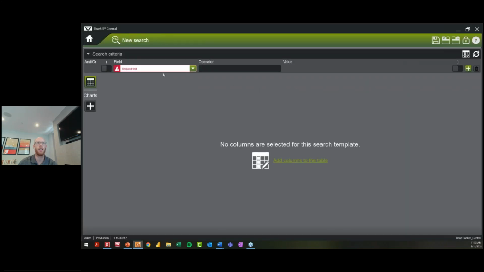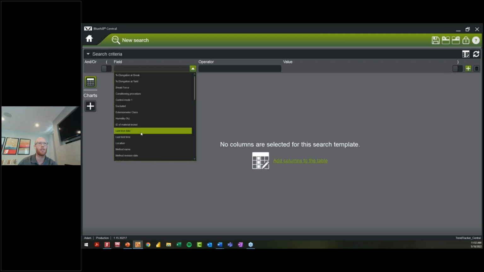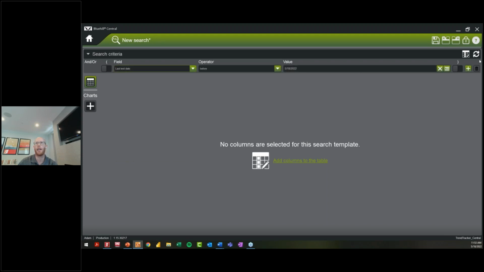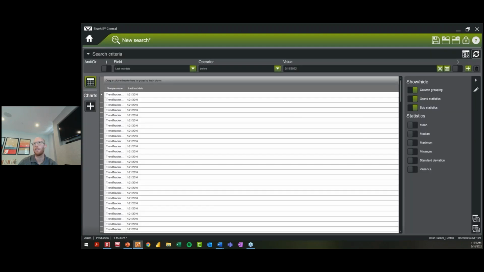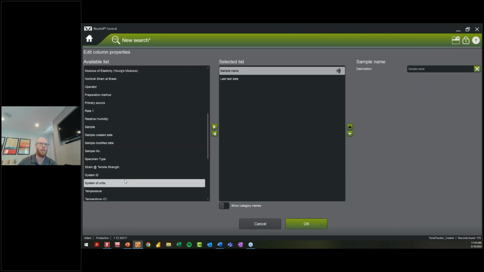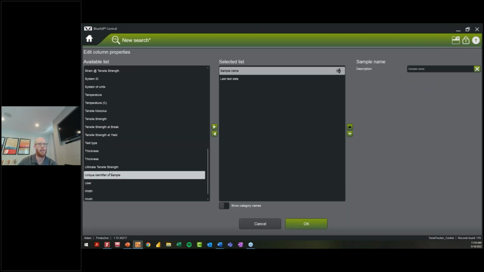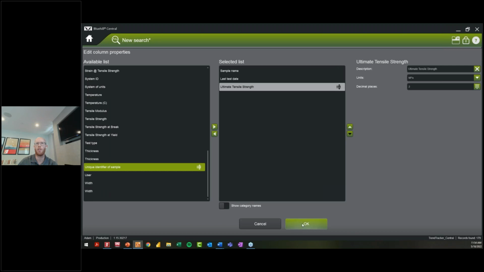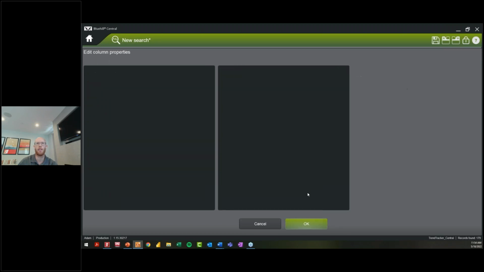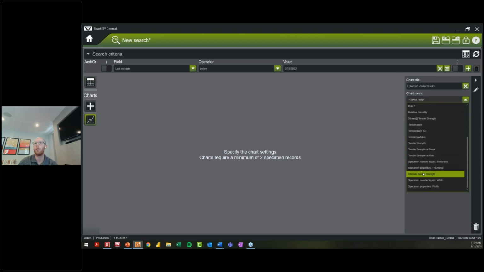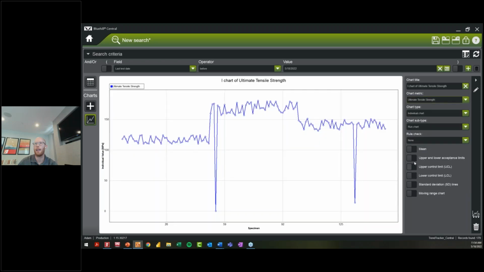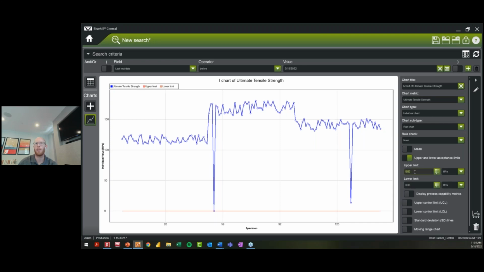You can still see my screen. If I go to all test results before today, find the data. Sorry for being brief, very quick here, but I just want to get the answer to the question. I can do ultimate tensile strength. That's good. And I want to add a chart to look at my ultimate tensile strength. And I only want, this is the lower, so if I only want to do an upper limit,